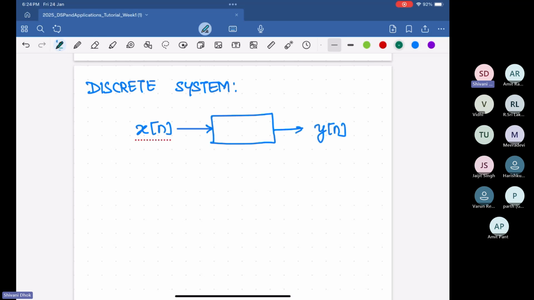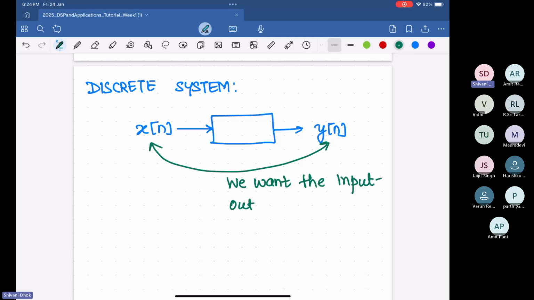And we want to develop a relation between these two. We want the input output relation between them, let's say x of n and y of n, which is similar to what happens in x of t